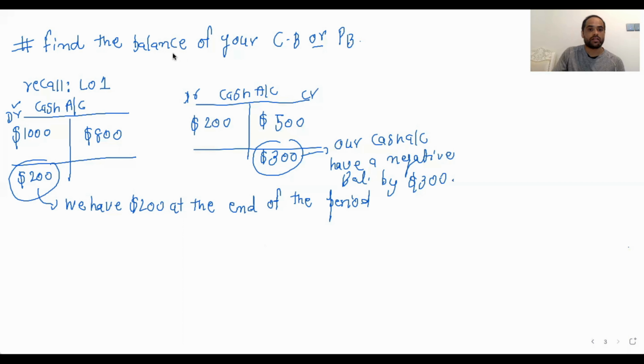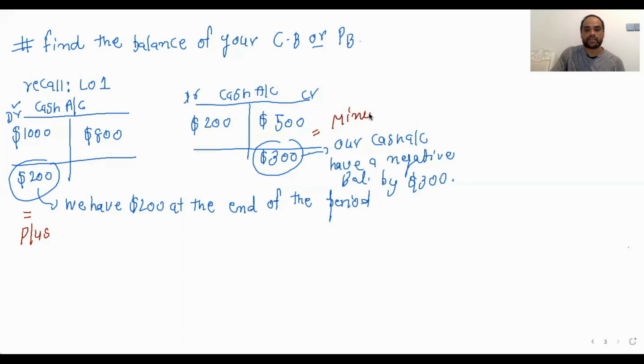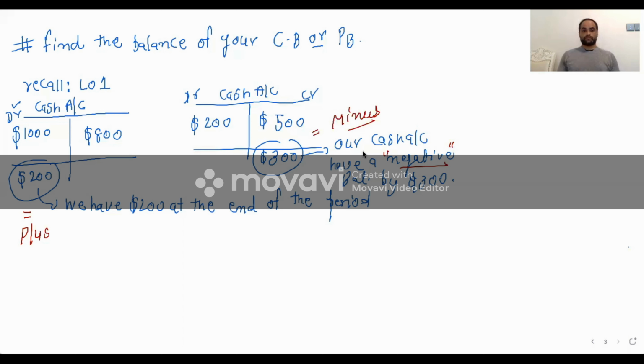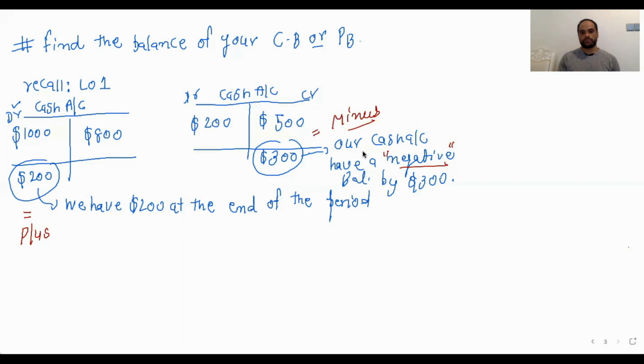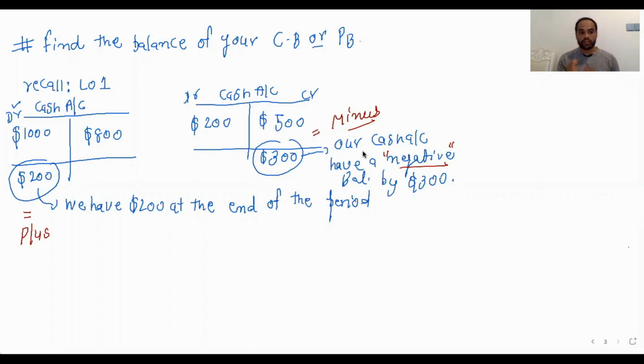All right, so I repeat. Cash account debit means your cash account is plus, and here your cash account is minus, negative. Did you understand that? The meaning of this closing balance of your cash account, which is debit or credit. Yes or no, or any question? Make sure you understand these things, because when you have a question, don't be confused whether you will write in a plus column or a minus column, because when you prepare your bank reconciliation,